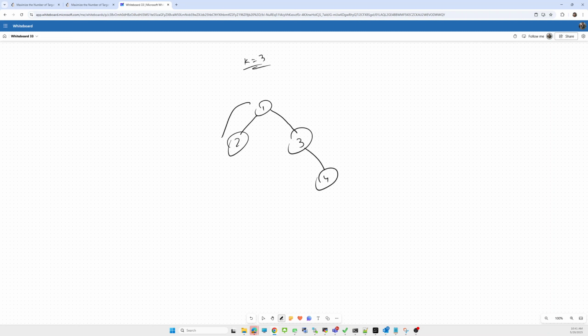Now on this side there is no more depth, that's why the queue becomes empty. For this one, suppose there is a deeper level.